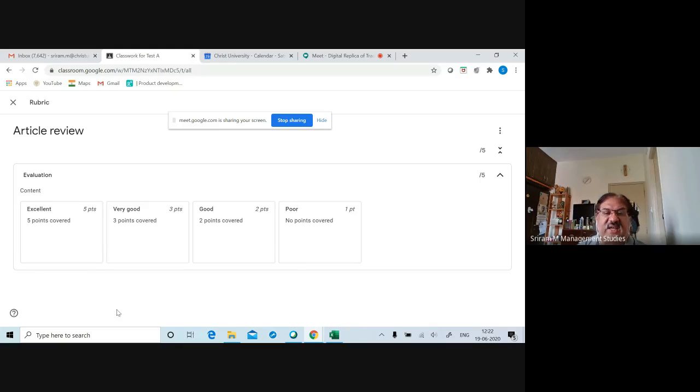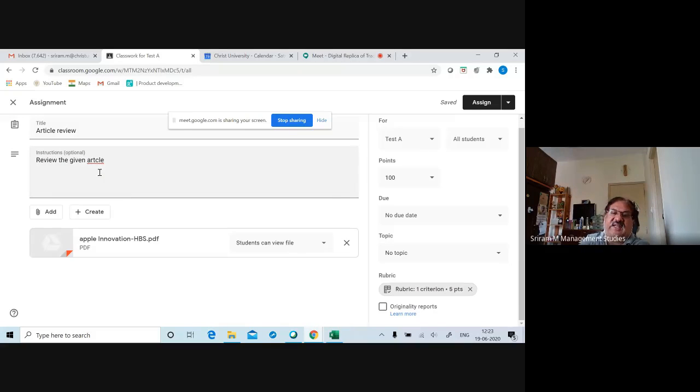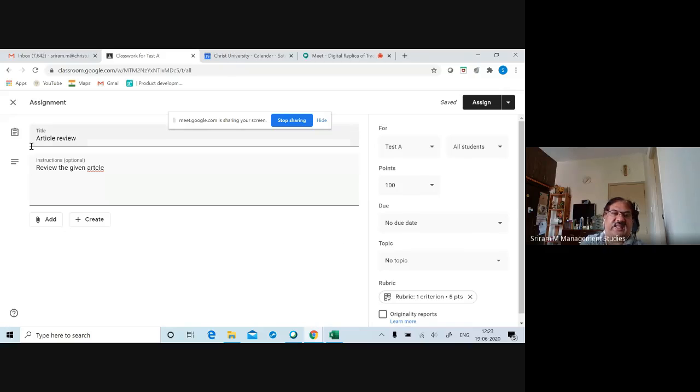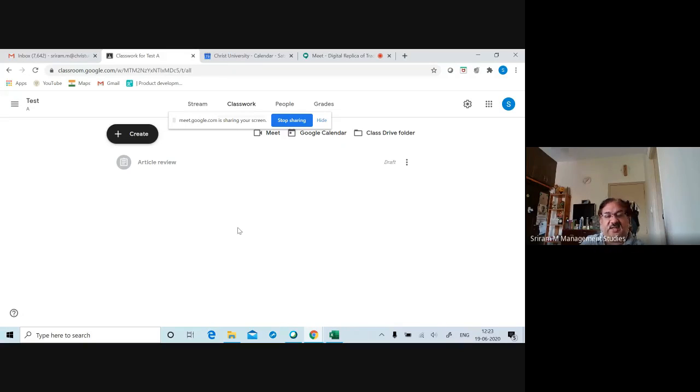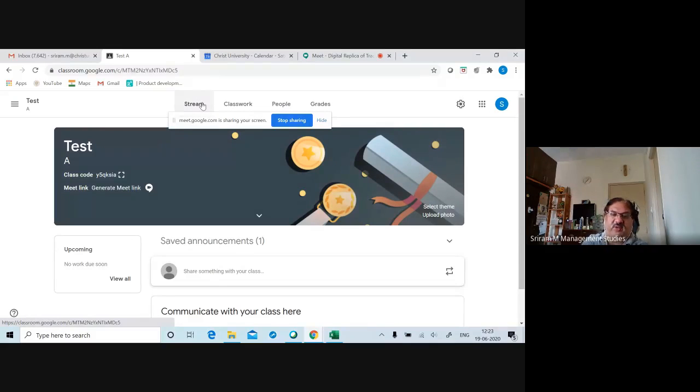And what happens when you get your assignment, you can take that assignment and only when you do it, you'll come to know. In that assignment, whichever level you feel is excellent, once you click on that, it will automatically assign those points. So this will help you assign the points automatically. But as such, don't really worry about rubrics. This is for a later stage. As of now, you can go for the simpler ones, and if you're giving an assignment, you can evaluate it. That will be better for class evaluation as of now, because getting straight into all the options is not advisable.